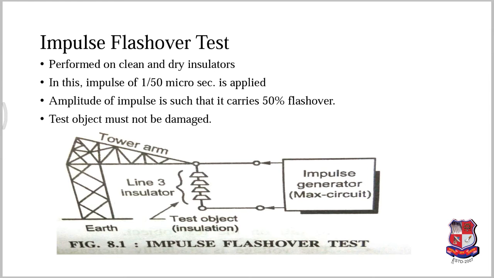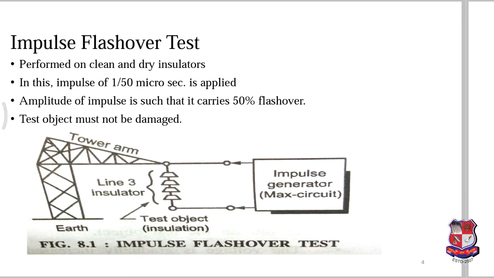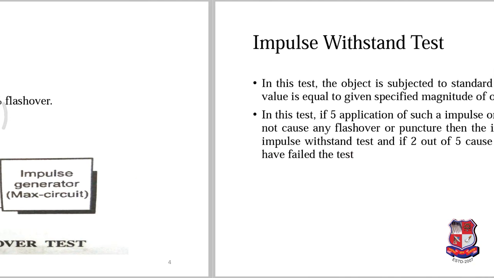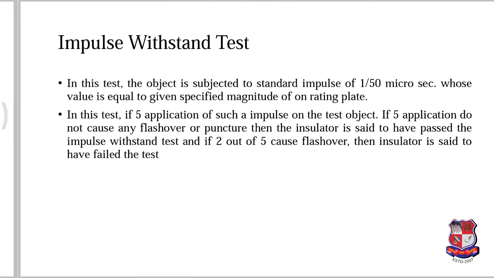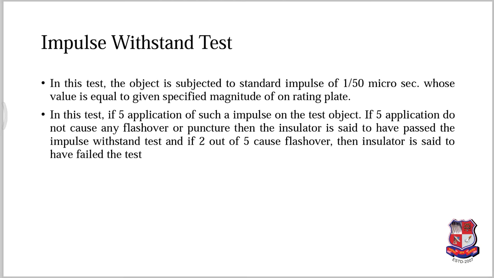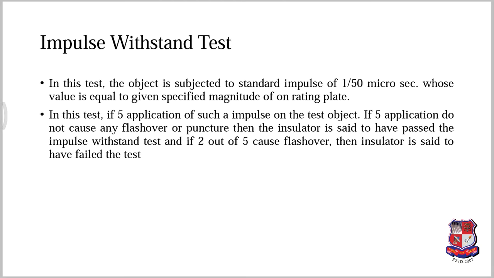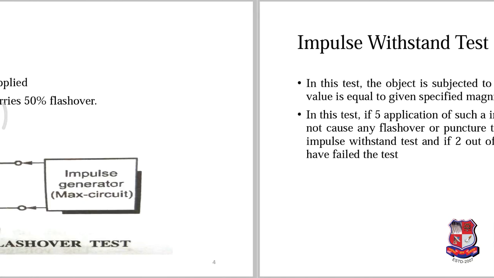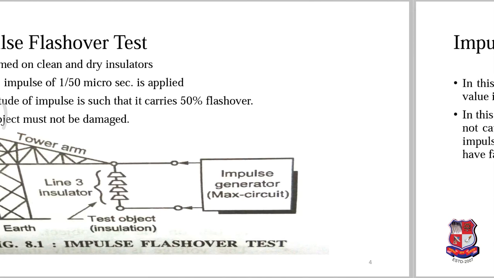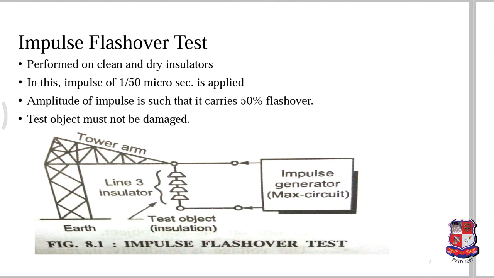Then cables, we all know the cables. Then transformer, surge arrestor. Surge arrestor is a device which one can use to protect from the lightning stroke. So this is the outline of my presentation. Now let us move on to the testing of the insulator.